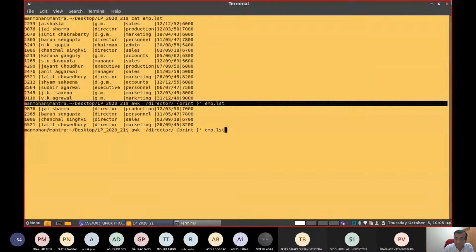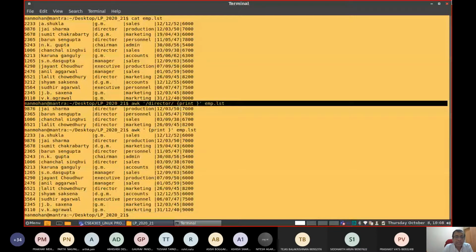You can go for this also, but any one option should be there within the quotes. Now let me do this. I will take out this selection criteria director. Then the condition is applied for all the lines, everything is matching. There is no criteria, just print. This is very much equal to cat emp.lst.